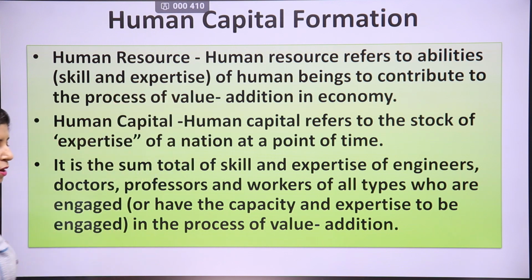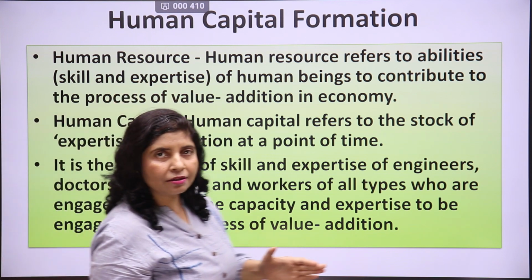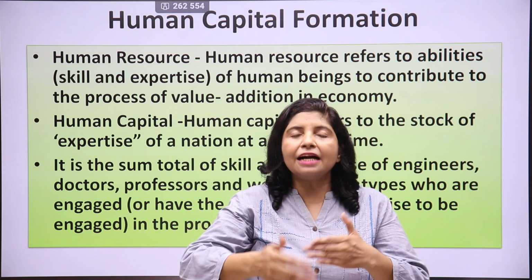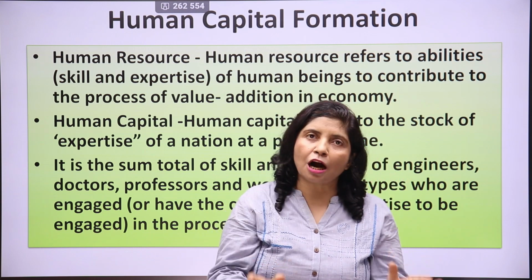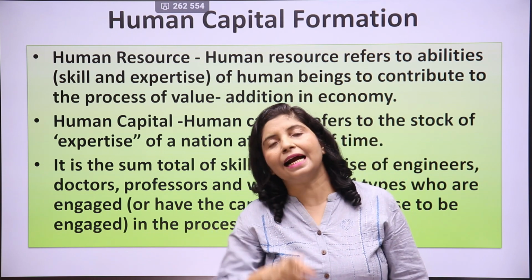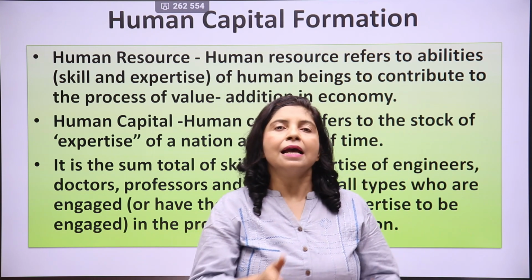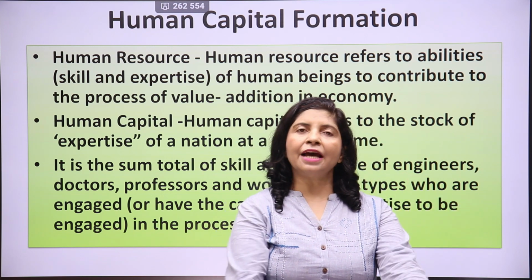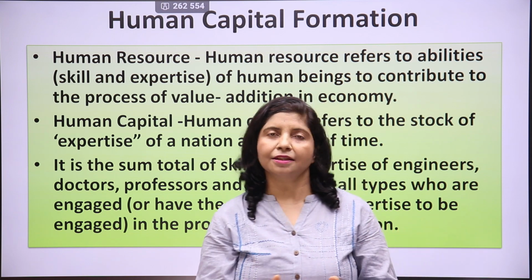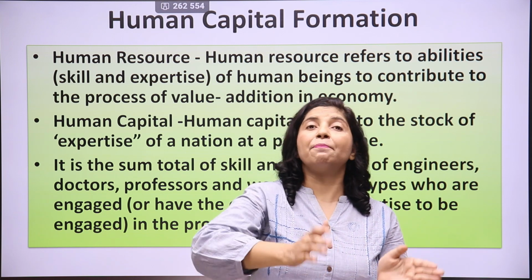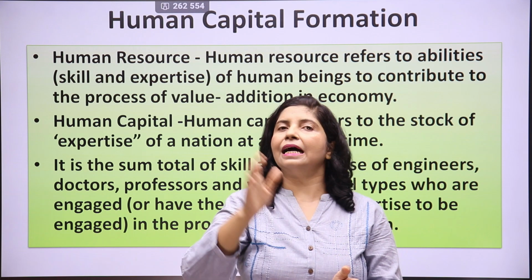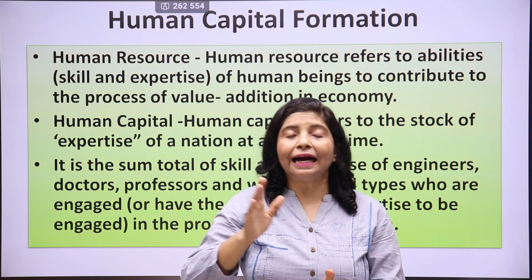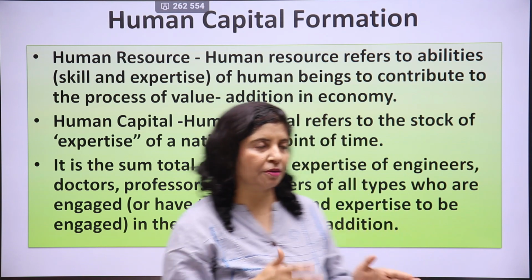What is value addition? See, you have a cloth. When you stitch a shirt out of that, that is value addition. You have added value to that. You have made a shirt out of cloth, and now you can sell that shirt at a higher price because the price of cloth is lower than the price of shirt. Similarly, when you make flour with wheat, that is value addition. When you make bread with that wheat flour, that is your value addition. So value addition means improving upon something and selling it at a high price. That is value addition basically.